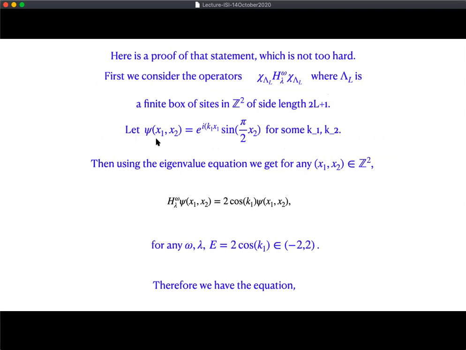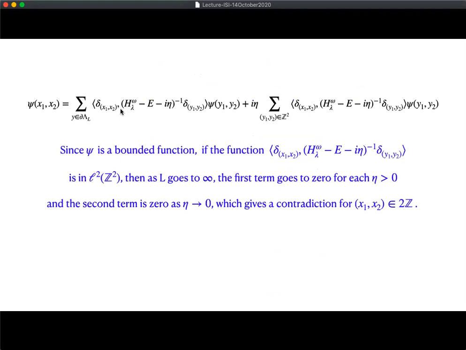The proof of this statement again proceeds similarly to the previous one, for which what we have to do is take the full operator and cut it off into a finite box of size L, a square of side length 2L plus 1, namely take a finite dimensional matrix. You have these solutions, approximate them, and